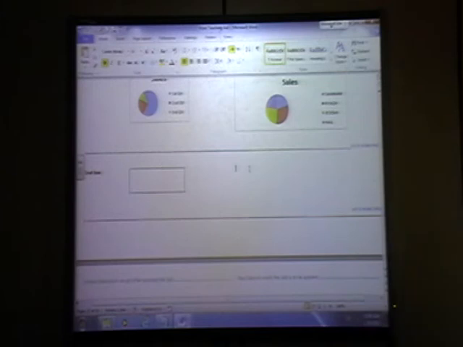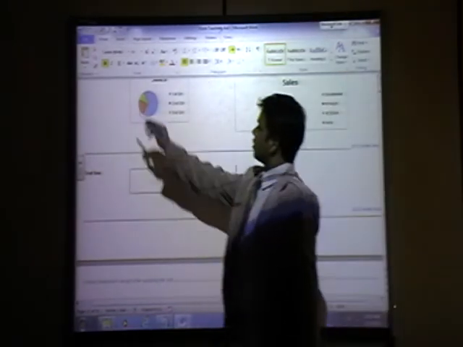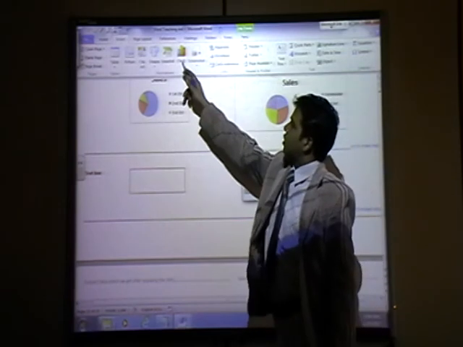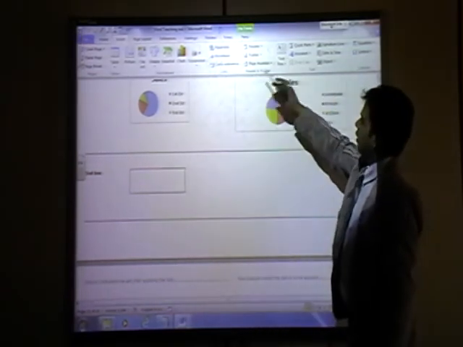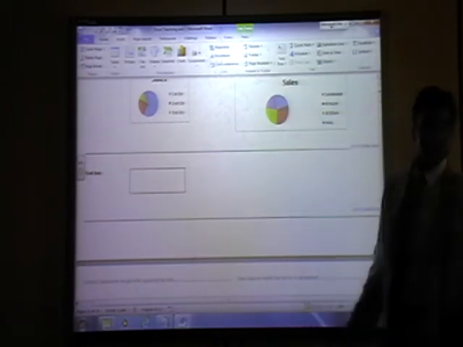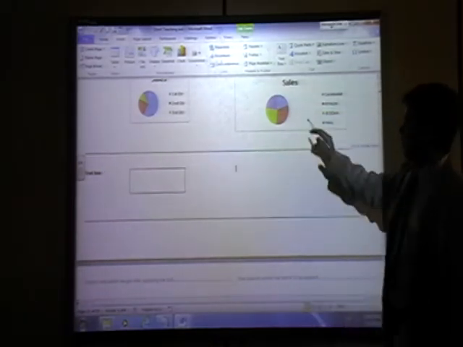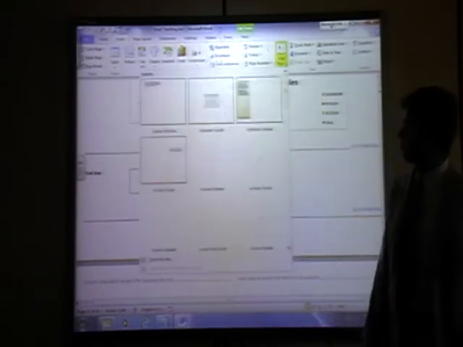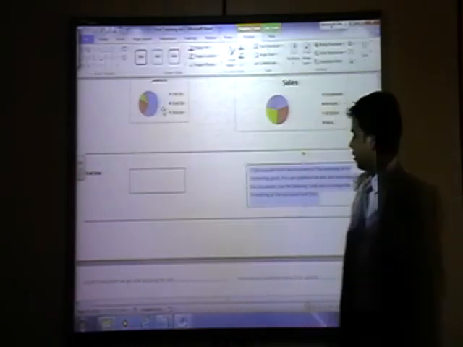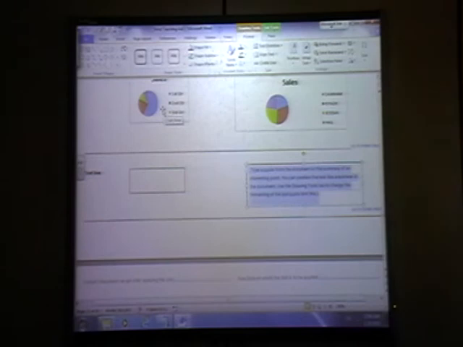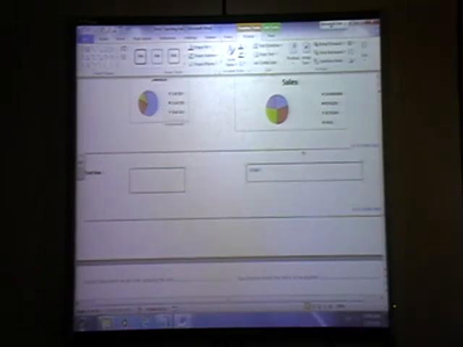Next question is text box. Insert text box. Click here. This is over. And bookmark and cross reference, I will tell you after this. Next is text box. Click on this text box. So here is a text box. Here you can write anything. You can write your name or anything inside the text box.